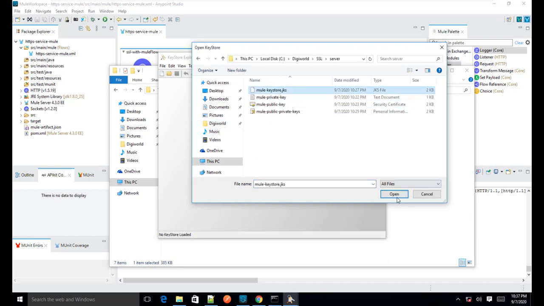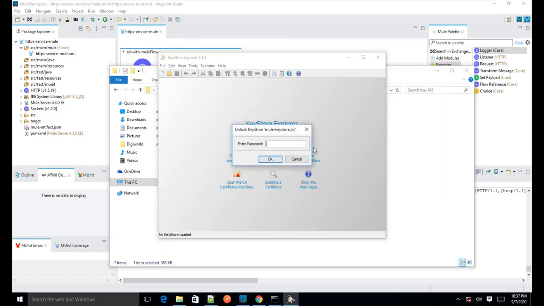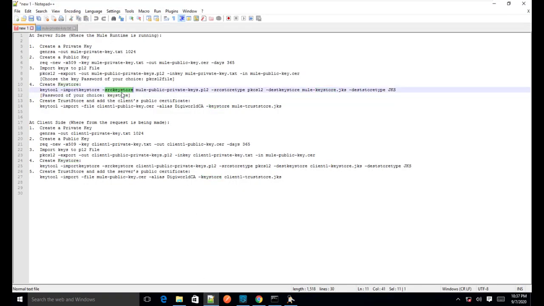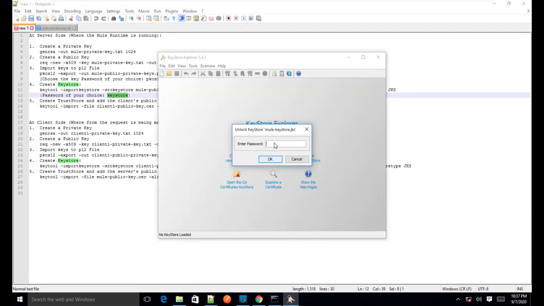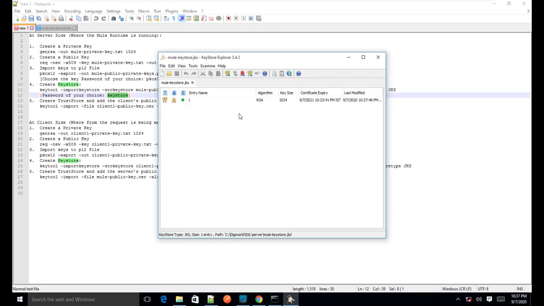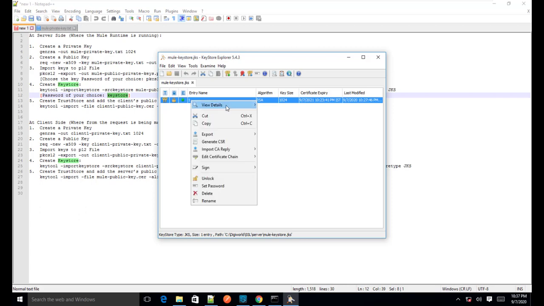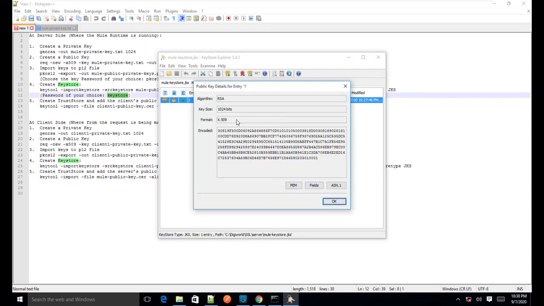This is the file which I am using for HTTPS configuration in our Mule flow, and here it is asking me for the key store password. I'll use this password and open it. As you can see, it has one certificate, and if we want to see the certificate details, you can see the public key details as well as the private key details.